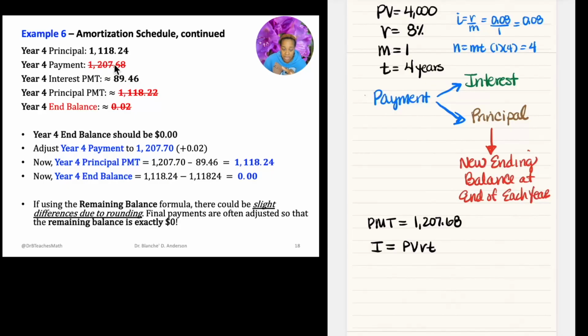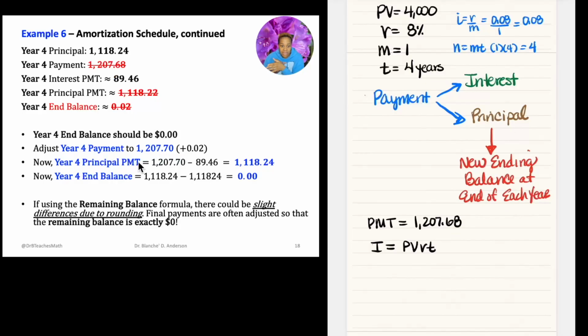We're going to make this payment. Of this payment, $89.46 is going to go to the financial institution. It left me with the principal payment that went to the principal of $1,118.22. I was short 2 cents, right? So they're like, okay, let's adjust this payment so that nobody owes anything and we can close out the loan. So you're going to adjust your year 4 payment. That 2 cents, the financial institution is going to add it to your payment. So your last payment is actually going to be